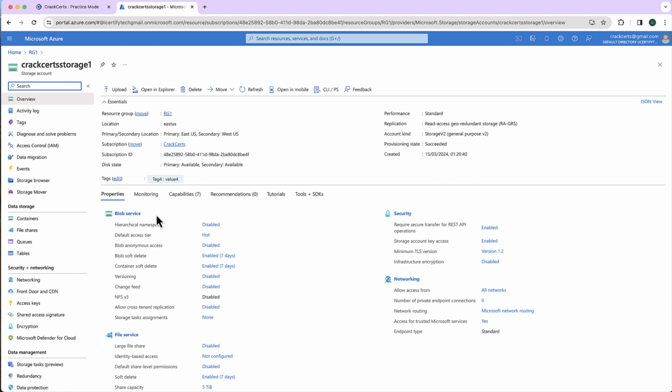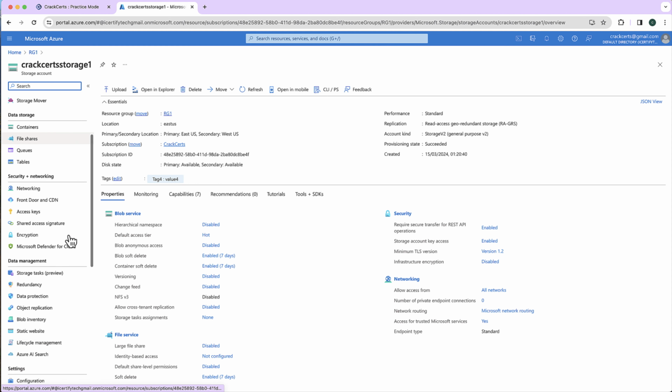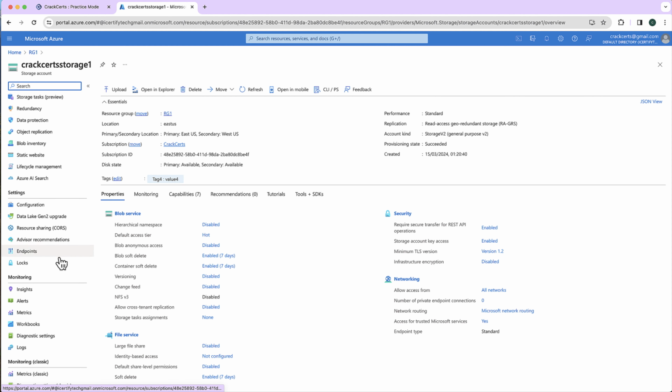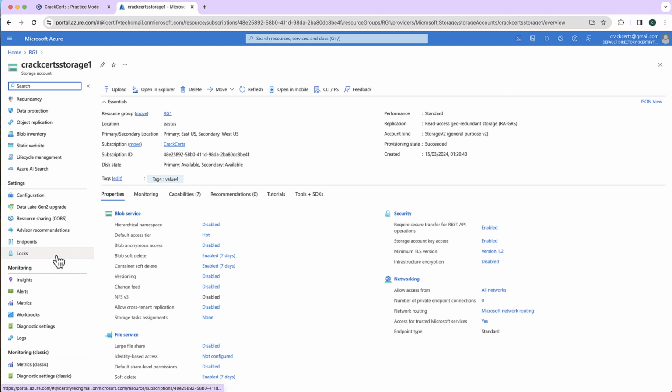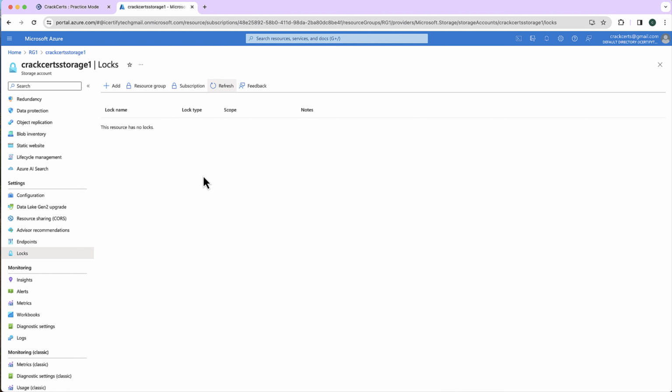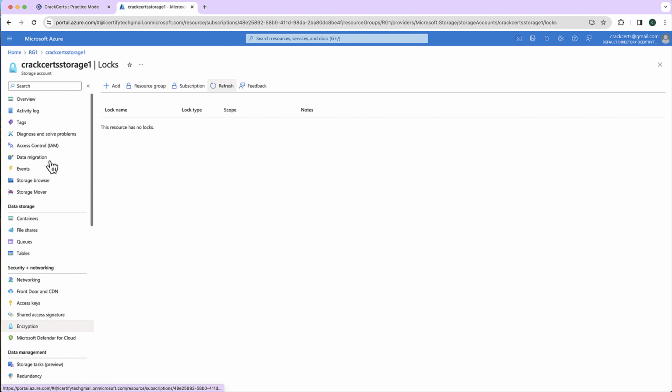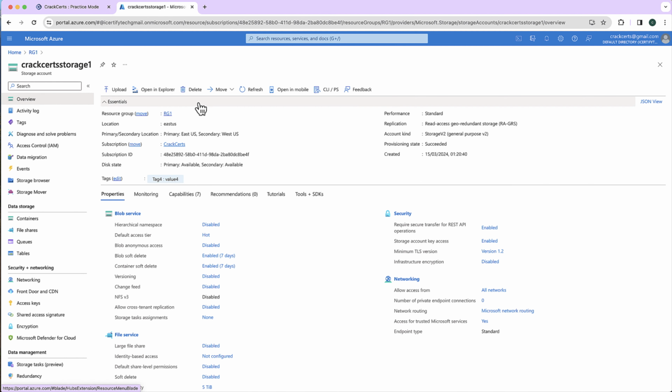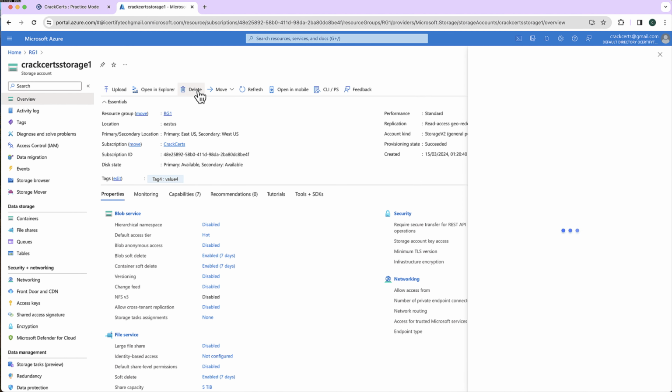And before we actually try to delete this, let us first check whether this particular resource has any logs or not. So we go to the logs blade for this particular resource, and here we can see that there are no logs applied on this individual resource. So right now there are no logs that have been applied either on the resource group or on individual resources, which means I am able to delete a particular resource. So let's try to delete this storage account,